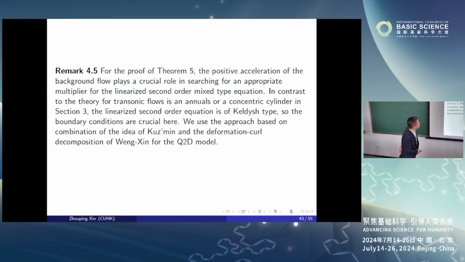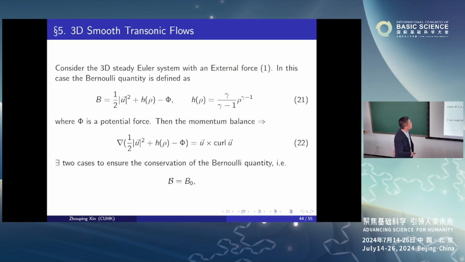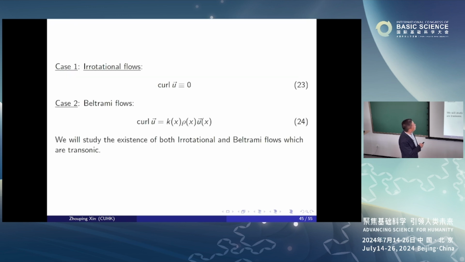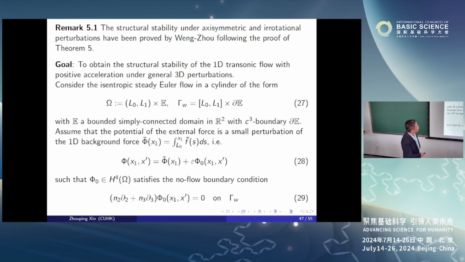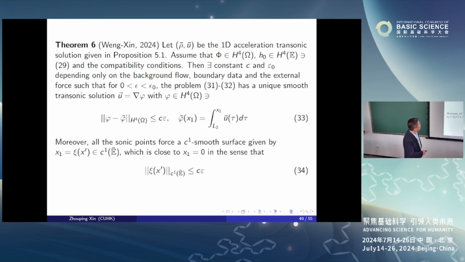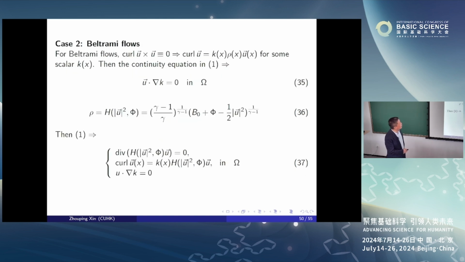But later on, the most interesting recent work, we can do this for 3D. We will obtain two classes of both rotational 3D transonic solutions. We also obtain Beltrami type of flow, which has vorticity. And these are all three-dimensional results with physical boundary conditions. And so I think the most important thing is that we were able to obtain compressible Beltrami type equation solutions